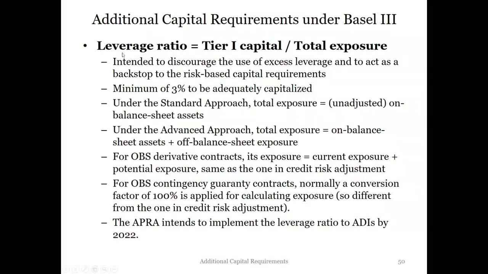And the last one is the leverage ratio. The leverage ratio was first recommended under Basel III, so it's a new thing. If you look at the formula, this time we don't do credit risk adjustment anymore. The denominator is total exposure, so it's the total book value of a bank's assets plus the total value of their off-balance sheet assets, right? So no risk adjustments. Basically, it's just a simple leverage ratio, right?